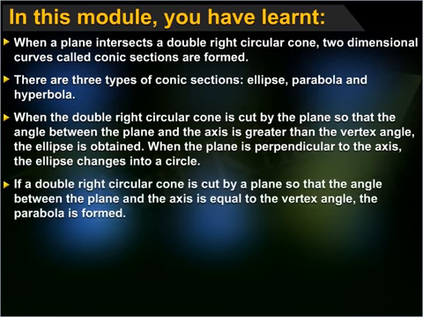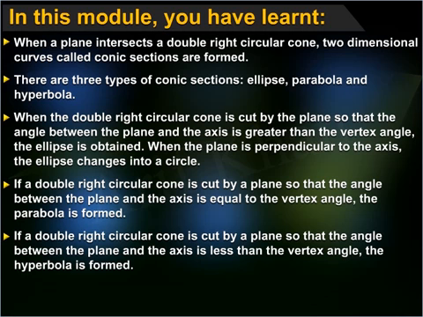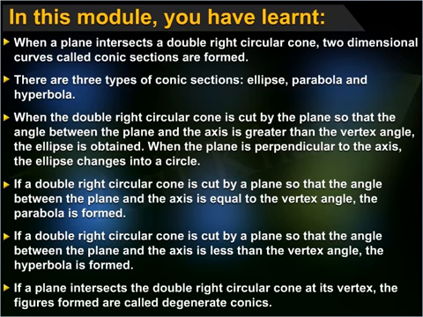If a double right circular cone is cut by a plane so that the angle between the plane and the axis is equal to the vertex angle, the parabola is formed. If it is cut by a plane so that the angle between the plane and the axis is less than the vertex angle, the hyperbola is formed. If a plane intersects the double right circular cone at its vertex, the figures formed are called